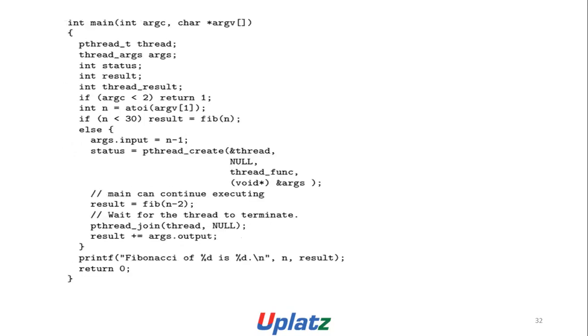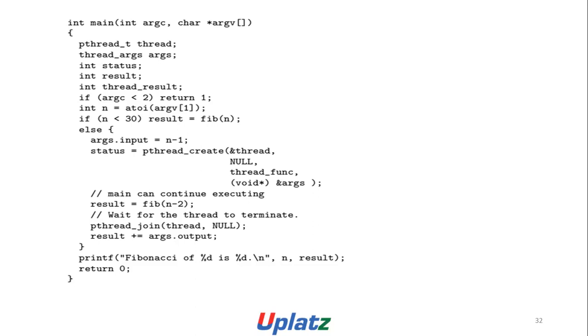int main(int argc, char *argv[]): pthread_t thread; thread_arguments args; int status; int result; int thread_result. If argc is less than 2, return 1. int n is equal to atoi(argv[1]). If n is less than 30, result